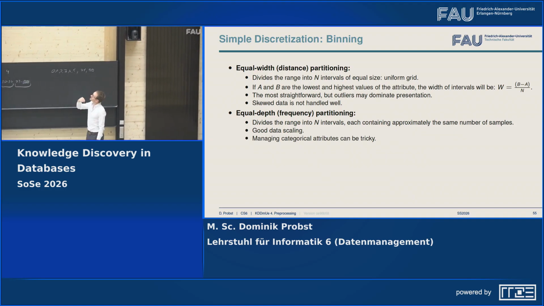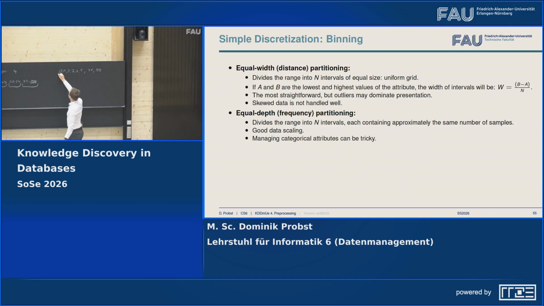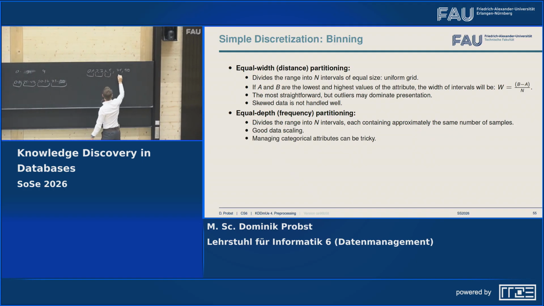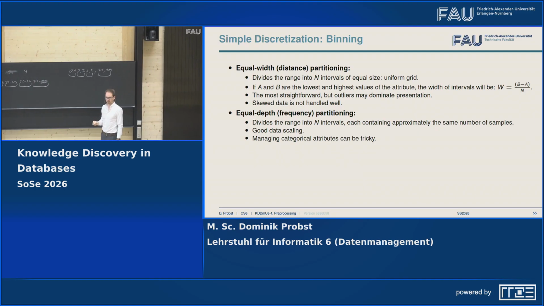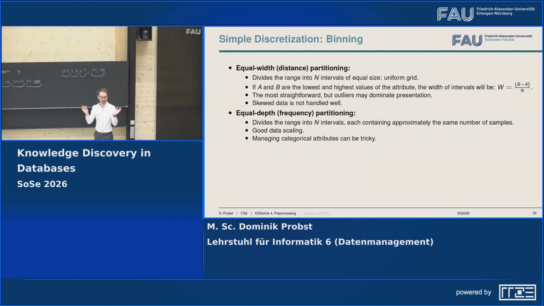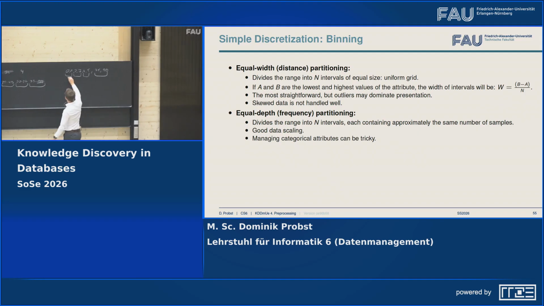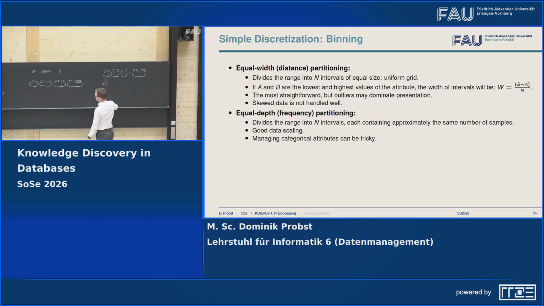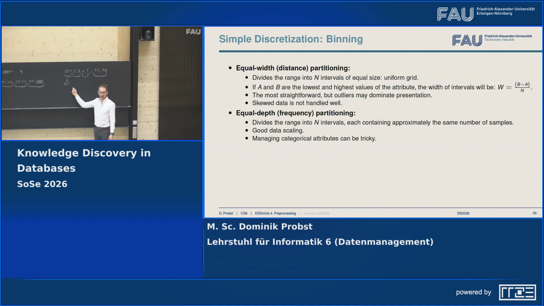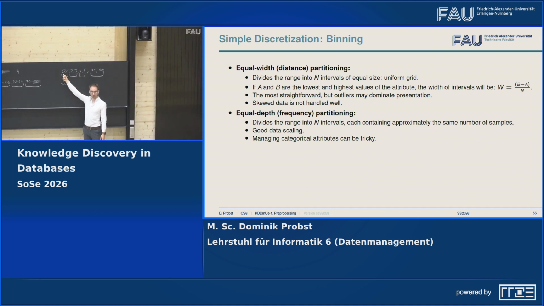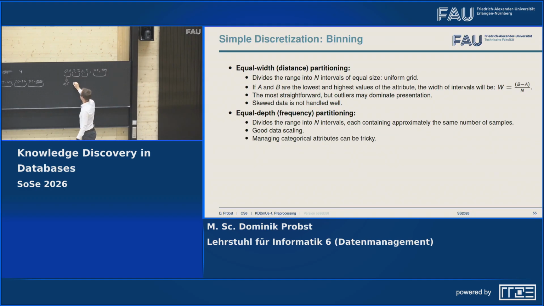Since we are using equal depth, we are putting 2 values, 2 values, 2 values, and 2 values into one bucket, even if they have different value ranges. For this bucket, we end up with a mean of 0.5. So let's use 0.5 as a representing label of both 0 and 1. We do the same for 2 and 3, where we end up with a label of 2.5. And 4 and 5, we end up with a label of